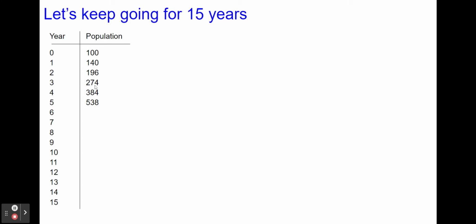Notice how we're adding more fish every year. At the end of year 6, 753. At the end of 7, 1,054. 1,476. Whoa, we're adding more than 400 fish in 1 year now, when we started with only 100. Whoa, things increase quickly. At the end of year 9, 2,066. At the end of year 10,